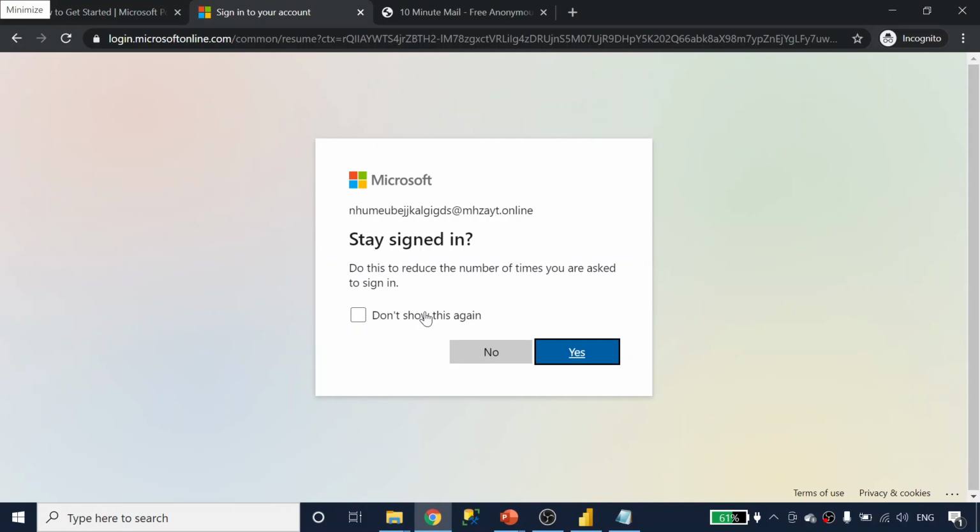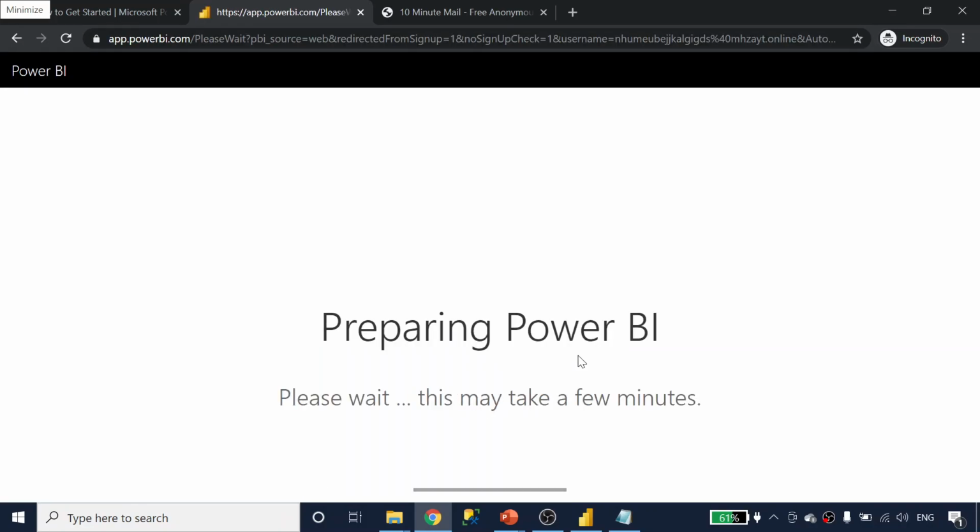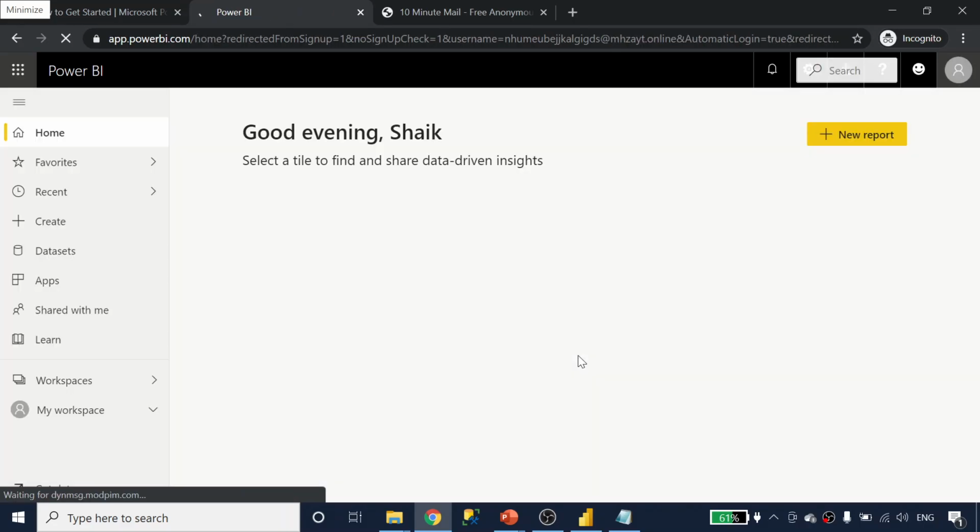There is a multi-factor authentication it is asking us to set up. It is a completely different concept. Multi-factor authentication means you should authenticate in two ways, not only by providing a password. It will send a code to your Microsoft Authenticator mobile app, and using that code also you need to authenticate. So it is two-step authentication. Let's not go into detail about that. Our main job in this video is to sign up for the Power BI service. That's it. So we are almost done, as you are seeing right now on the screen.